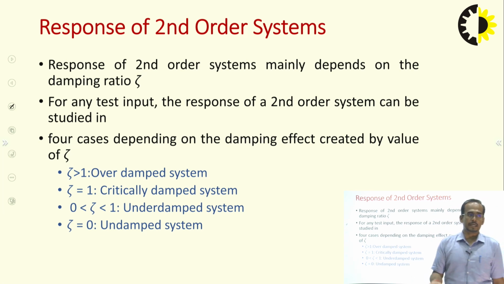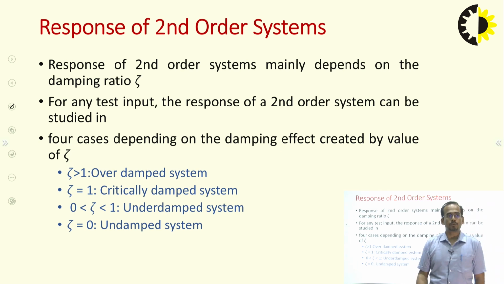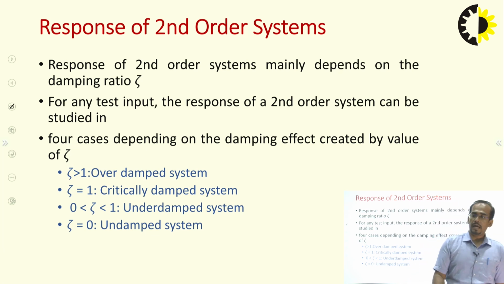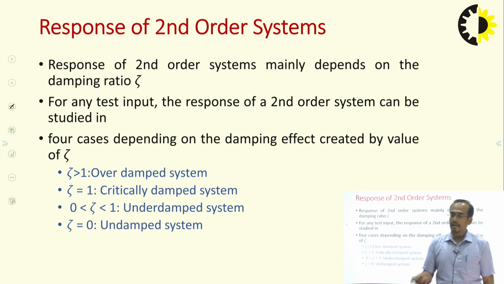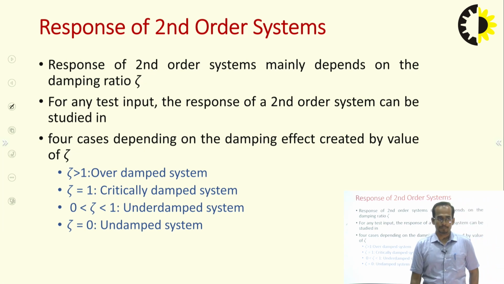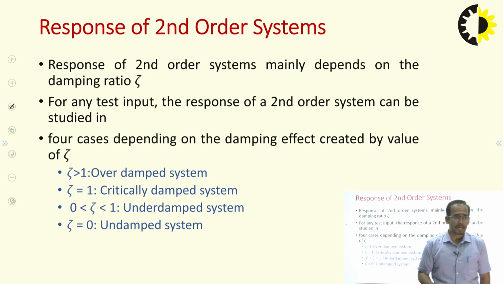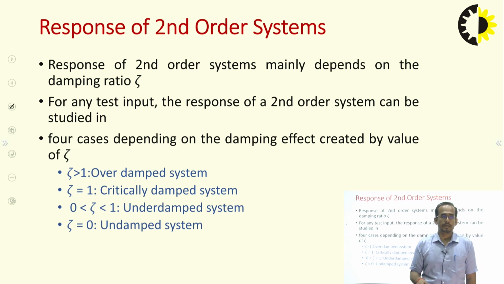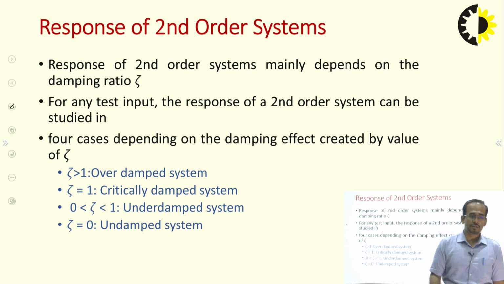If the value of damping factor is greater than 1, then we call that system an overdamped system. If zeta is equal to 1, then that system is called a critically damped system. And if damping factor is in between 0 and 1, then that system is known as an underdamped system. And if zeta is equal to 0, then that system is known as an undamped system. So these are the types of the system on the basis of damping factor, and we can derive the responses of the second order system